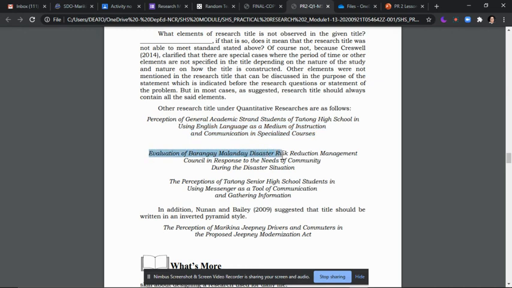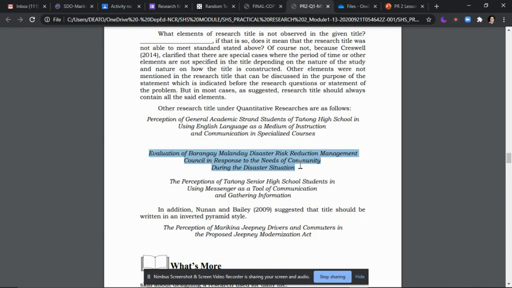Evaluation of Barangay Malanday Disaster Risk Reduction Management Council in response to the needs of the community during disaster. Evaluative research.